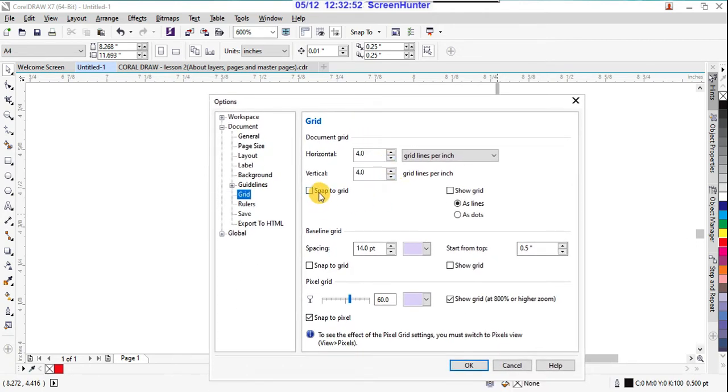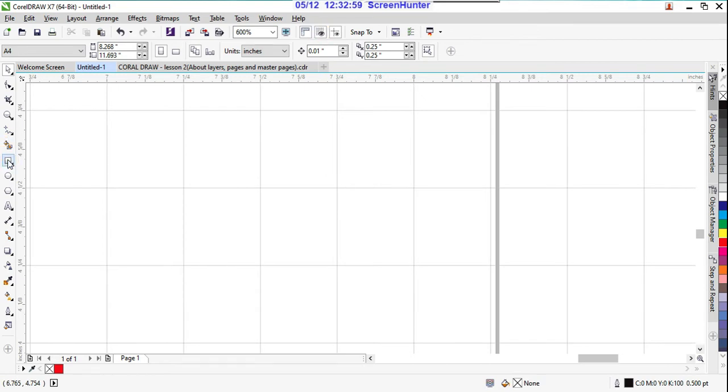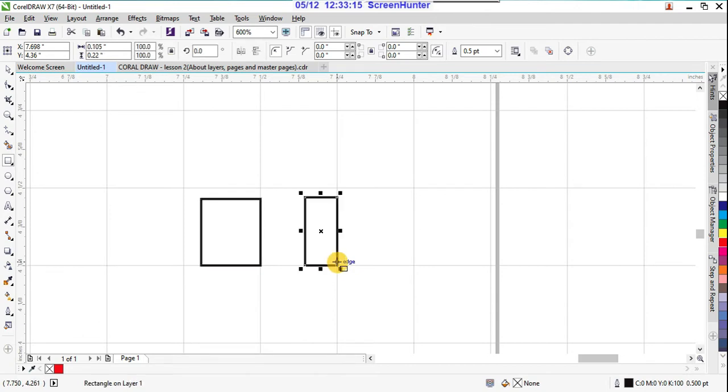Suppose snap to grid. So what is this? The snap to grid. Suppose you switch on this grid. See, whatever you draw, it is snapping to the grid. And again here I'm snapping, see, it is snapping downwards here. So when you use this option, it is automatically snapping to the grid.